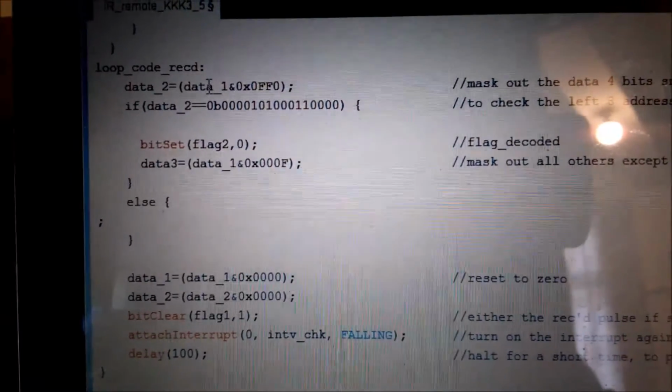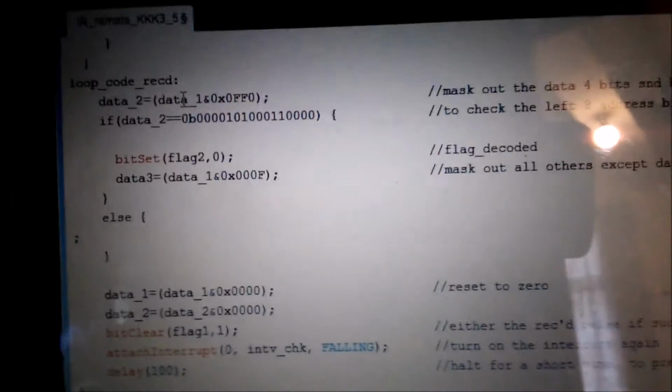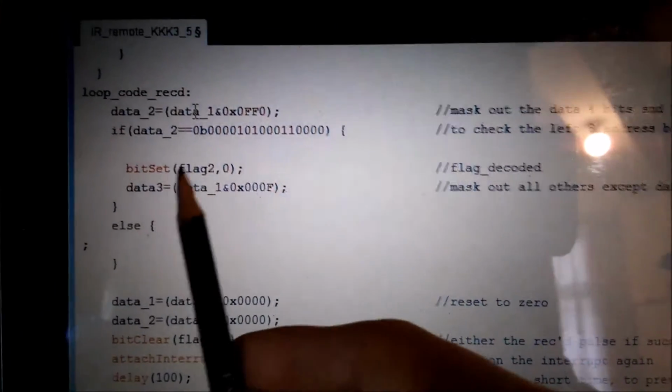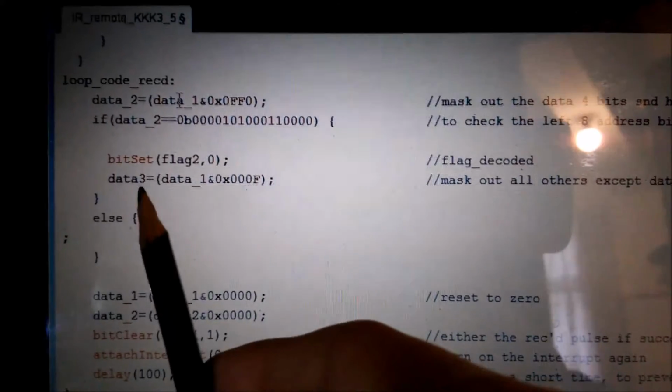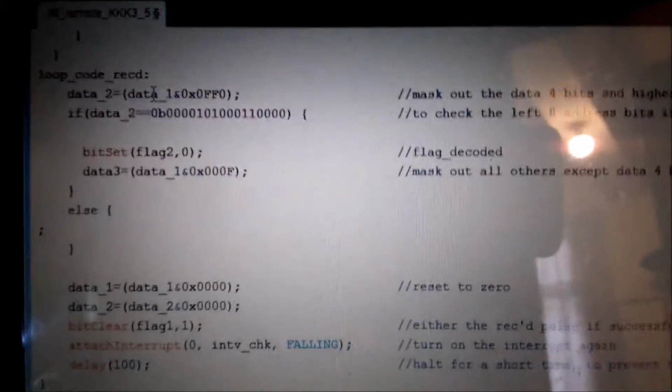Since data 2 I don't need anymore, it was decoded. I just use this flag to represent it decoded. The only one I do need is data 3, the key switch,